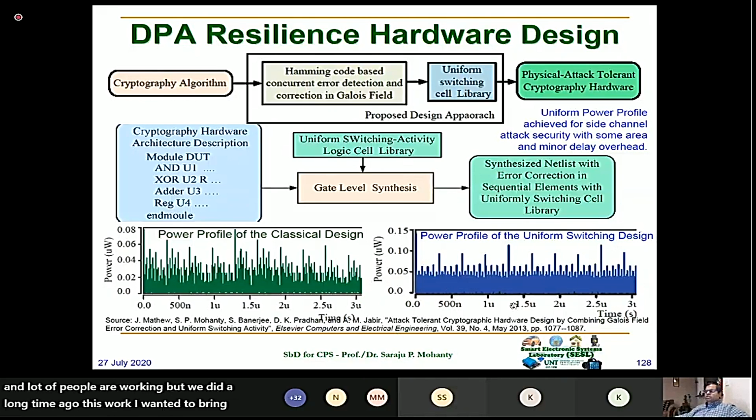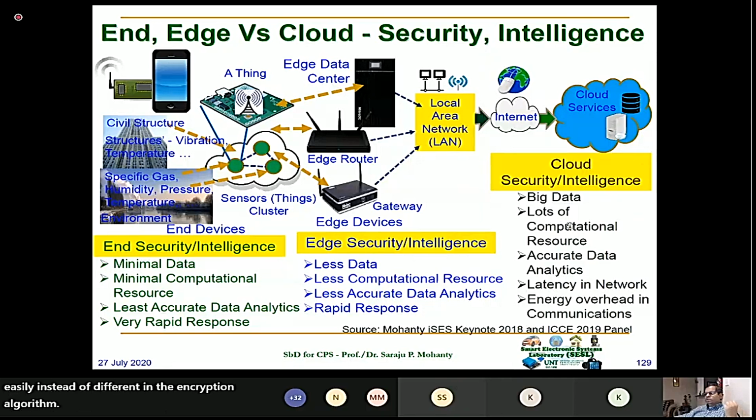It still has a lot of potential in this area, because, as I was mentioning, encryption can be defeated very easily by DPA, differential power analysis, or correlated power analysis, instead of defeating the encryption algorithm. So, from the security by design point of view,